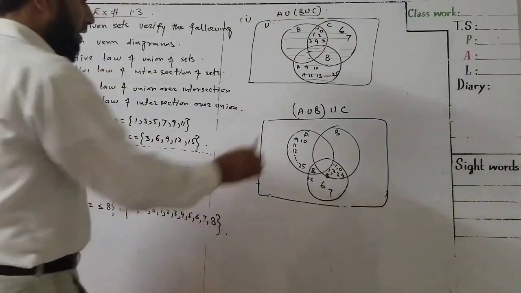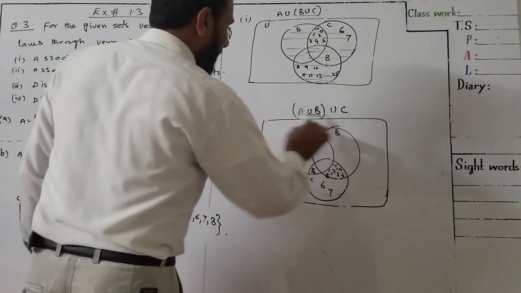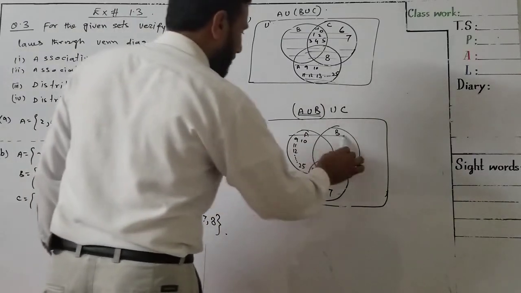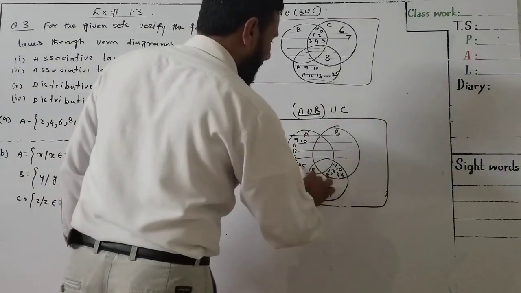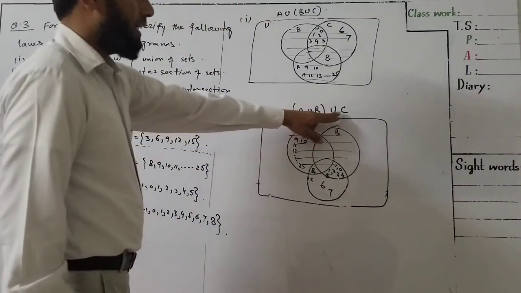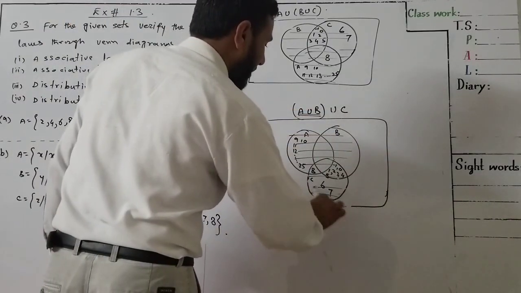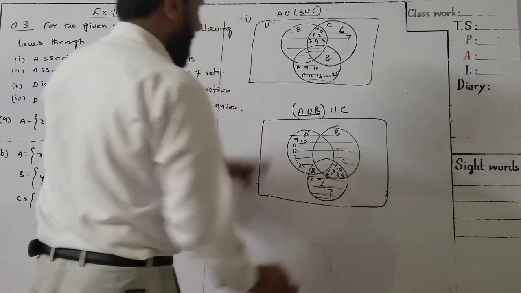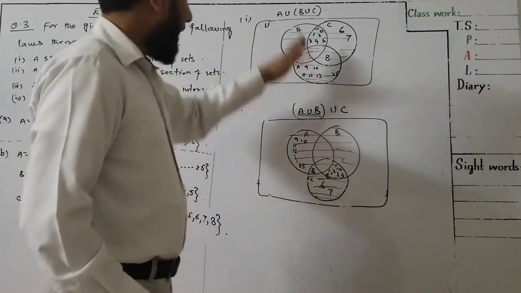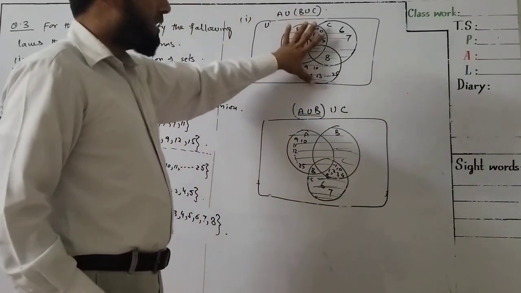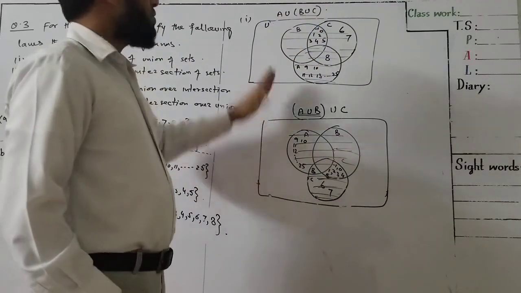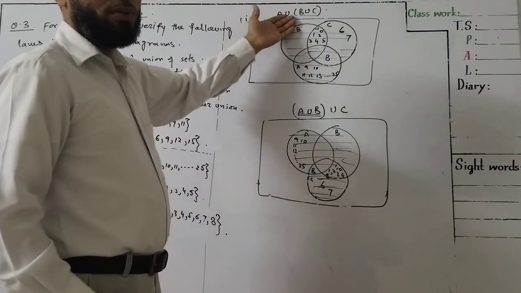On the other hand, we have to find out A union B first. A union B, we have to shade the region of A and B. Then we have to unite the elements of the region of set C, so we have to shade set C also. So this region represents A union B union C. In both the cases, the region and the numbers are the same, so the associative property of union is verified